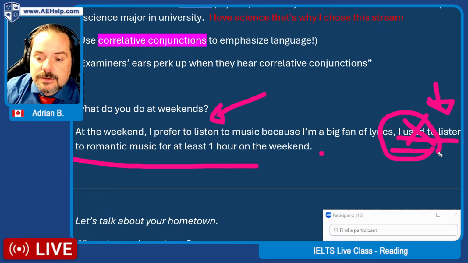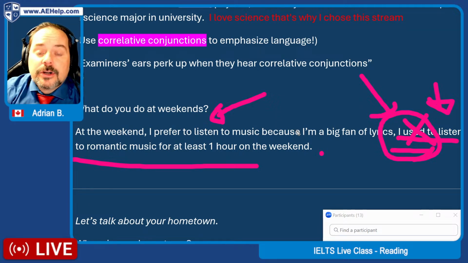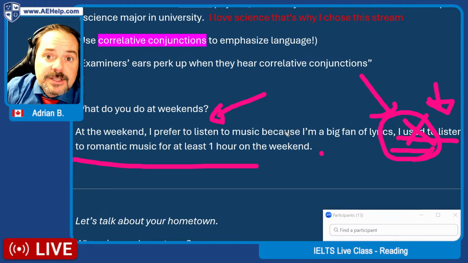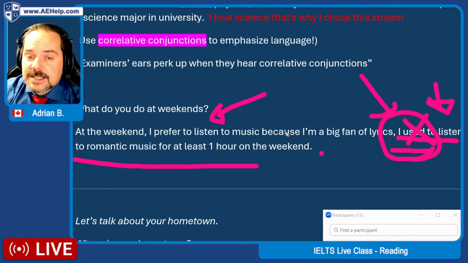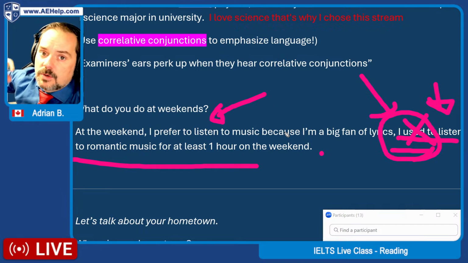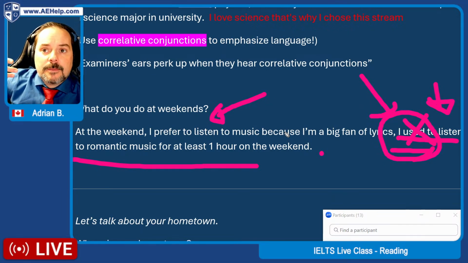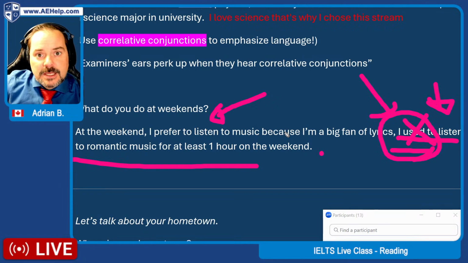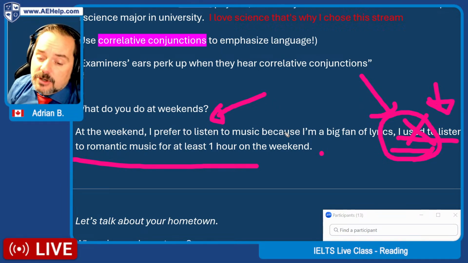I prefer to listen, or I have been listening to music for 2 hours. There you go. It's the present perfect. I have had this hobby for at least the last 20 years. So the present perfect is the one that we use to show that kind of continuity. Often individuals will say "I used to" because they want to show habit, like I have a habit of doing this, but it doesn't mean you still do it. So if you want to show that habit, it's better to use the present perfect.